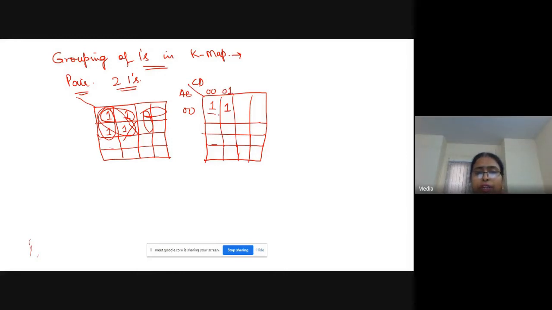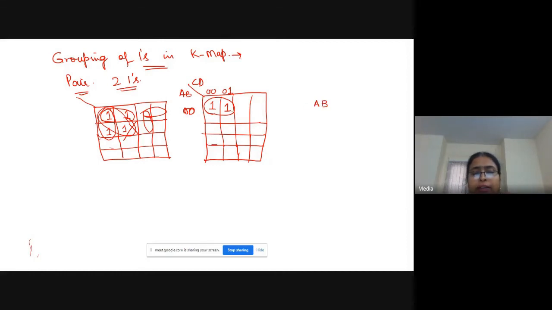So when you take these two pairs, this will reduce because I have already told you K-maps are used in the reduction or in the simplification of the Boolean expression. So you have grouped these ones. How will you write this in the final expression? This AB is common to both, so you will write this AB.